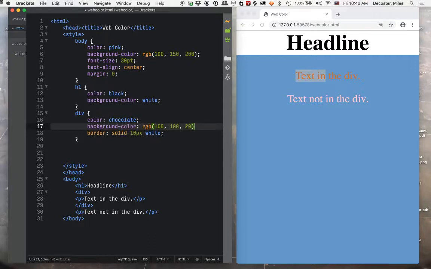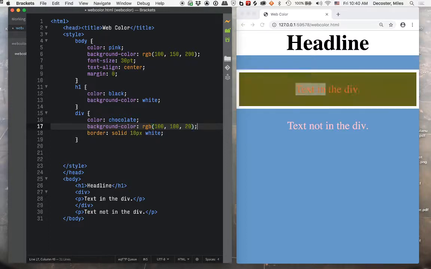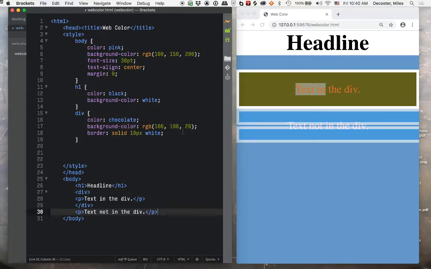So that's some red, some green, and just a little bit of blue. So it's going to be this kind of dark green color. As I turn up these numbers,